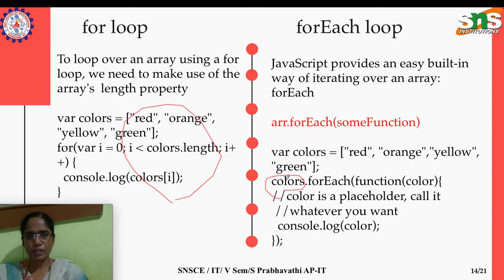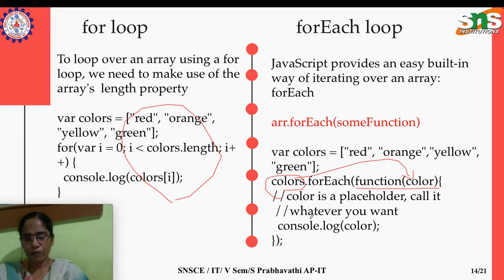So here in this example, the array variable is colors, dot forEach function, color. This is the way of using forEach in JavaScript. For simplicity, the function needs no name, just color. What that color will do is fetch the value at the first index position of this array, and that one value gets stored in color. Now at the very beginning of this statement, the color variable will have the value red.